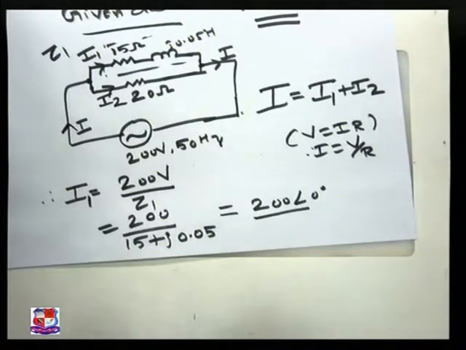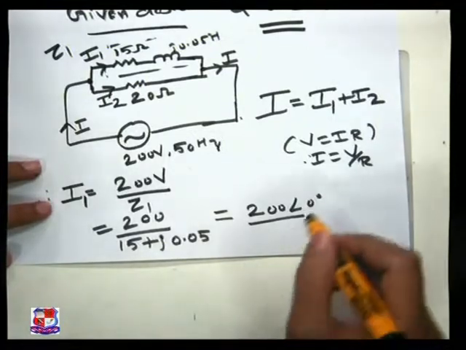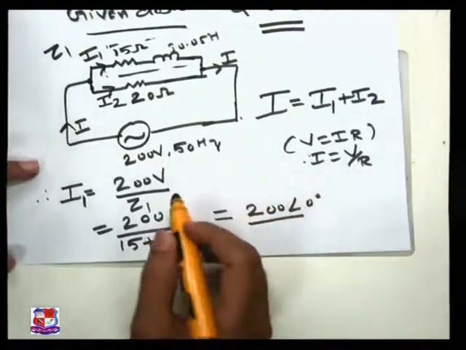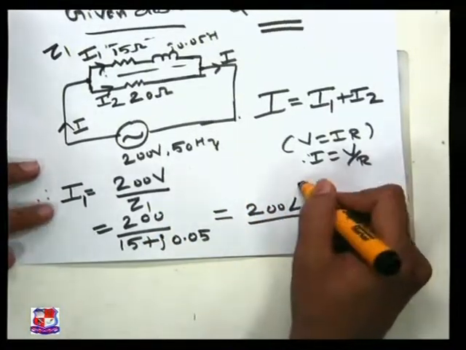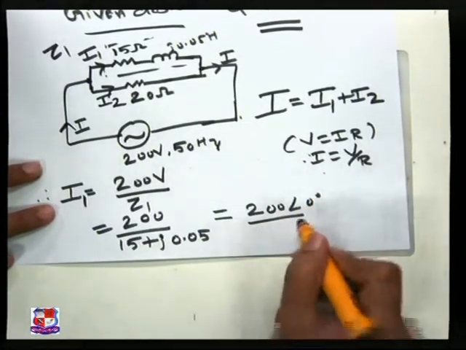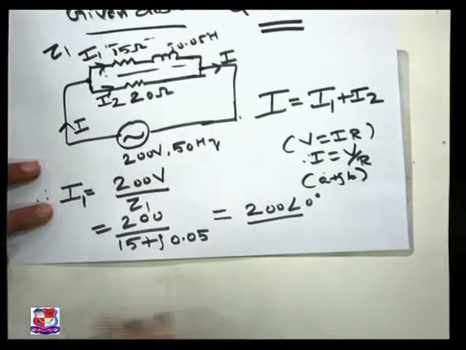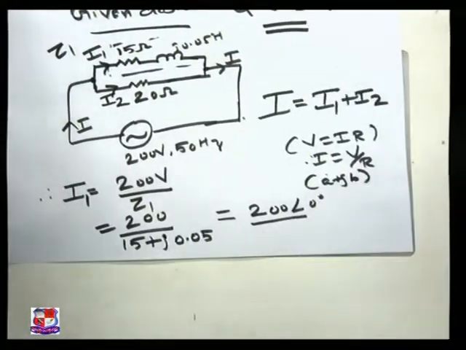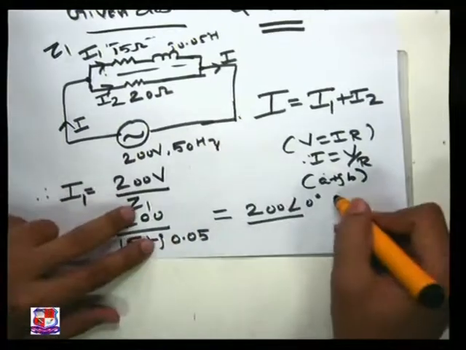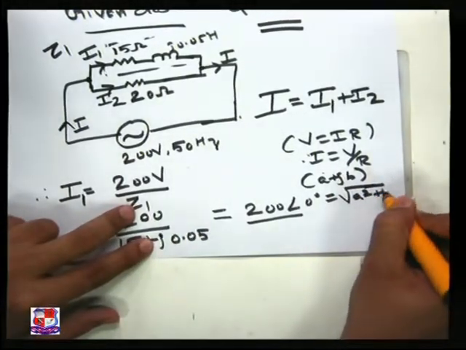So magnitude of A plus jB is... Before proceeding with this question, we have a formula. If we are given A plus jB, and we have to find the magnitude of A plus jB, that will be under root A square plus B square,